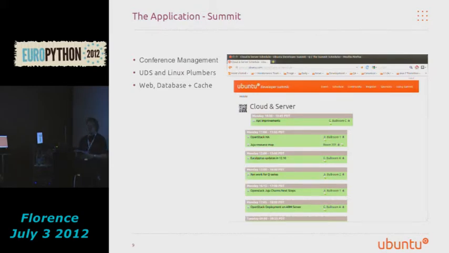It's used at the Ubuntu Developer Summit, so anybody who's attended a Ubuntu Developer Summit, you probably used this to subscribe to the sessions you want to go to, generate your own personalized schedule, which you can then view on your mobile or tablet or whatever. It is also this year going to be used for the Linux Plumbers Conference in August, and that is using a Juju deployed Summit application rather than the traditional Canonical IS deployed version of Summit that we've used for past developer summits.